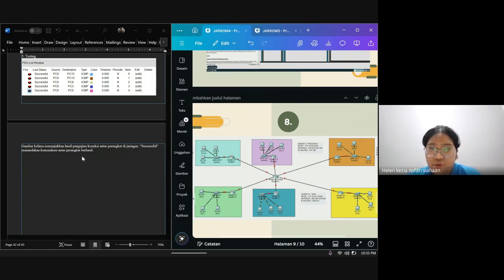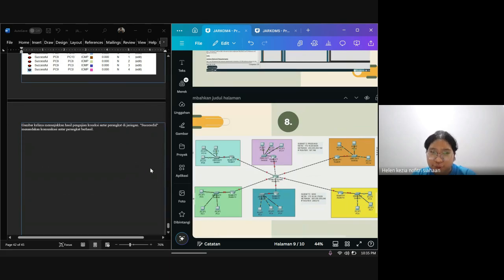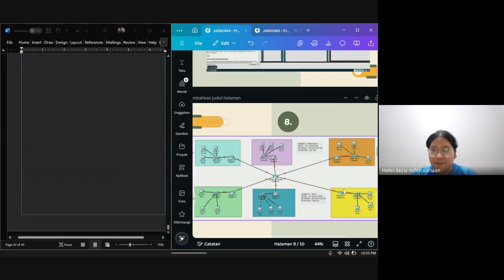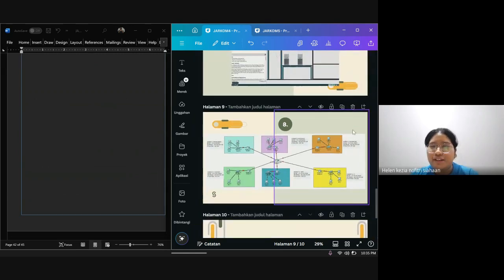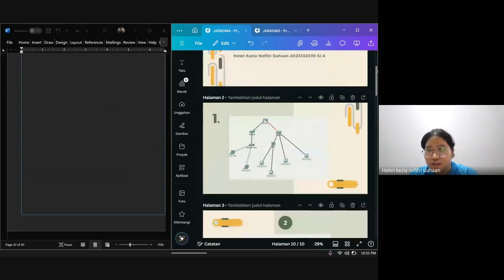After you do some configuration to connect all of the routers, you can see all the PCs are successful by pinging, doing some connection with the envelope. It will travel through all of the PCs in here, and if it is all successful like this, it is done. So maybe that's what I can inform you, because it's a little hard to talk about this because it has so many types of explanation,